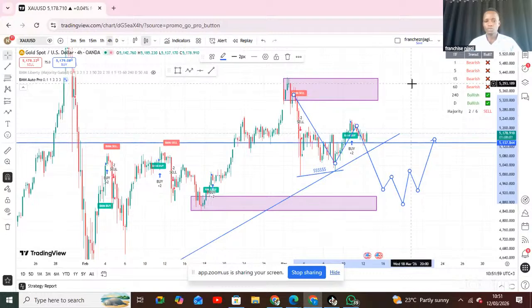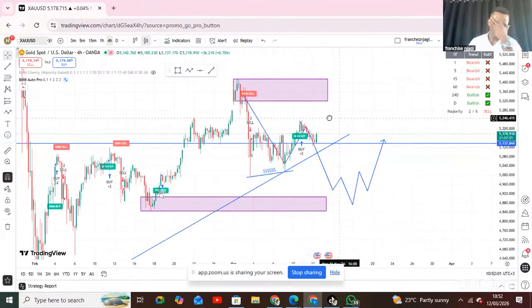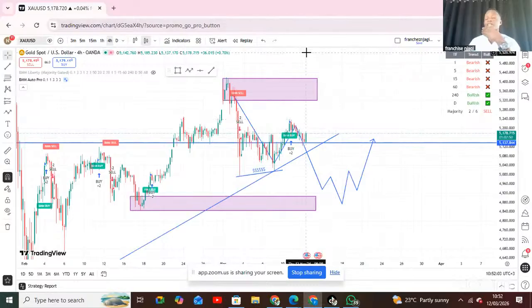So, possibilities of a sell position. The reason why I'm giving you both scenarios is that it's the market. We always do what the market gives us, what the market shows us. You don't do what you think the market will do. You do what the market says. So the possibilities of a sell position is,